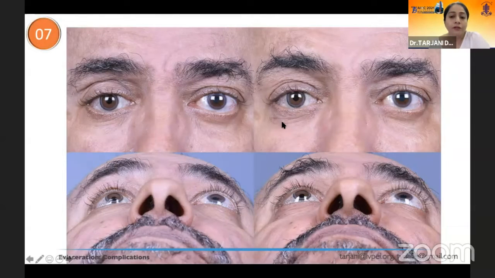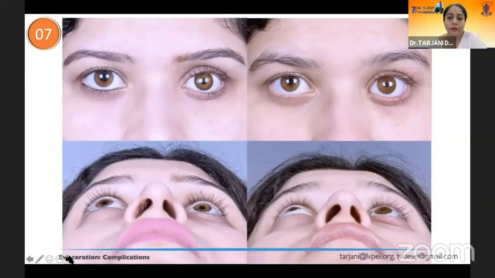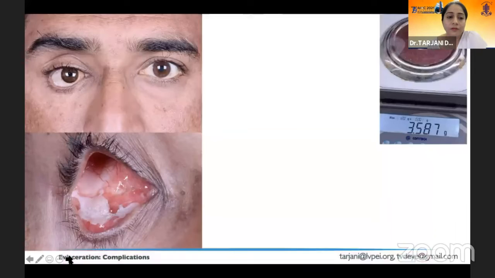This is the point of entry of the filler. And just compare the sulcus here versus preoperatively, and you see that the sulcus has very beautifully built up. Similarly, a young girl who's worried about this sulcus deformity, in whose case we went ahead and injected some fat from the patient's abdomen to give her more permanent results.